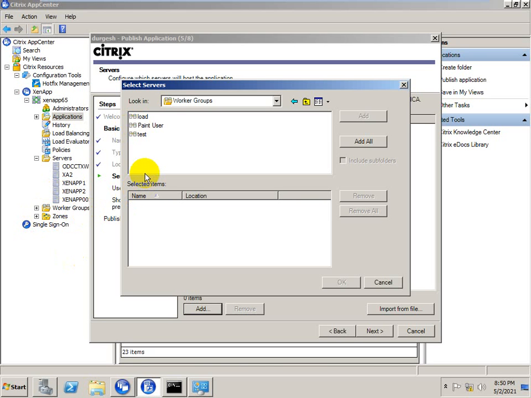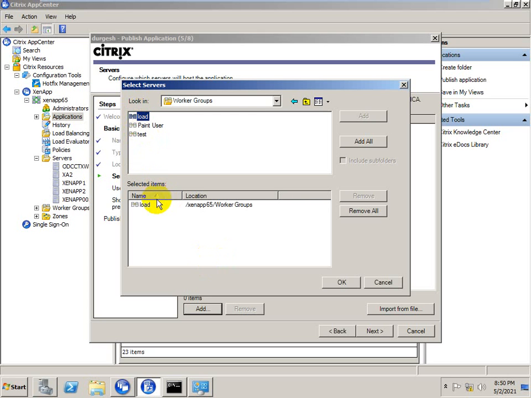The similar type means we can create it by application. We can create a worker group for SAP. All SAP servers will be put in the SAP worker group. We created one for marketing and for others. We can create worker groups and put the similar kind of servers in the same group.